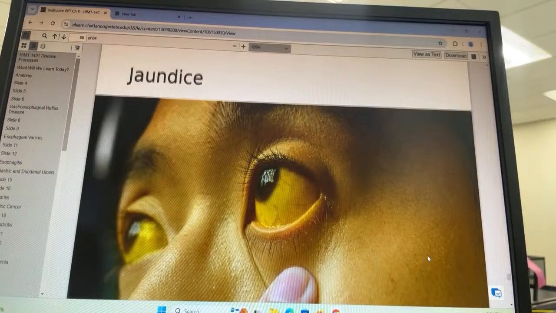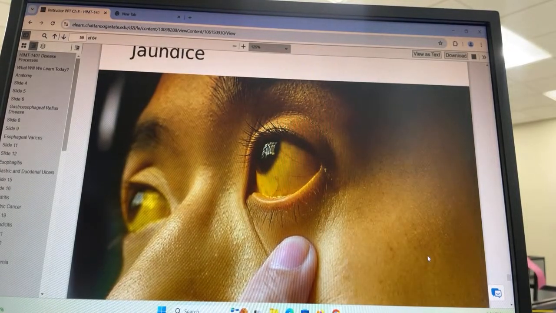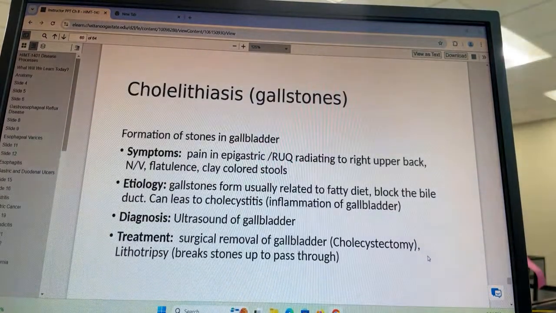Here's a picture of jaundice, very yellow. Yeah, it's bad. These are toxins that didn't get filtered out when the liver is not doing its job, okay? All right,